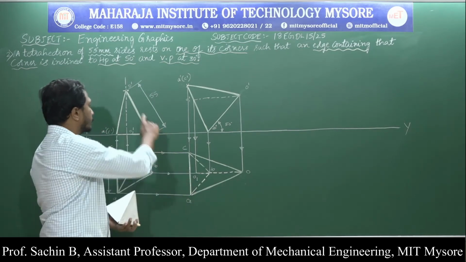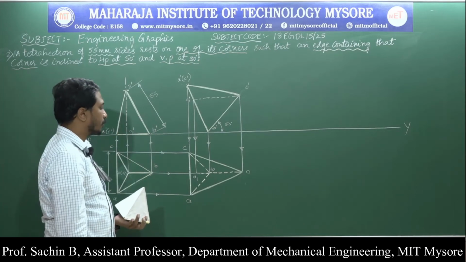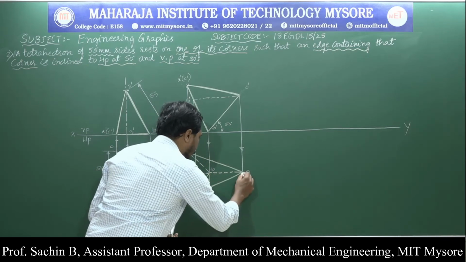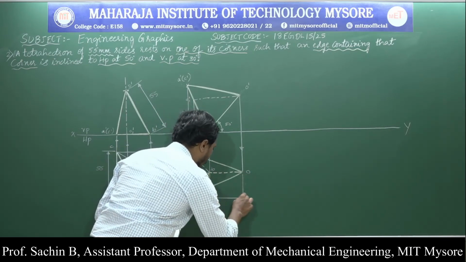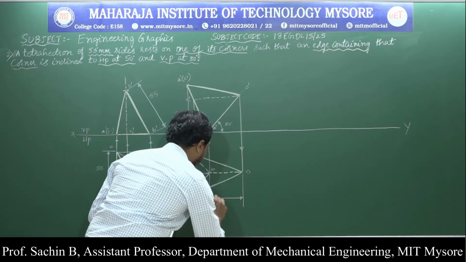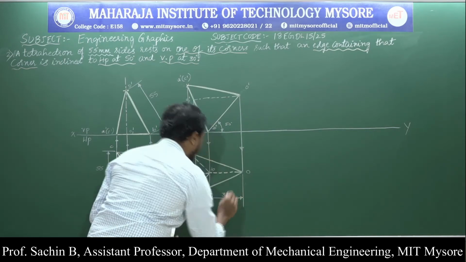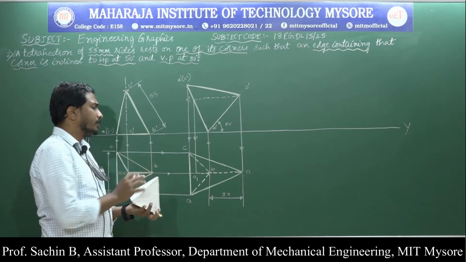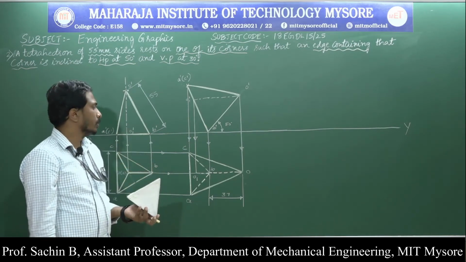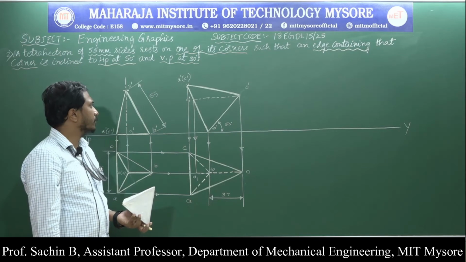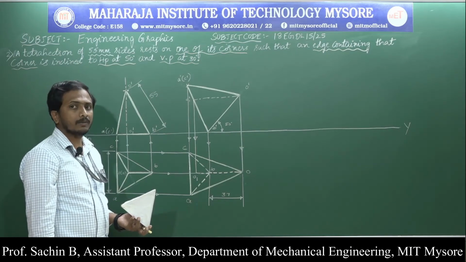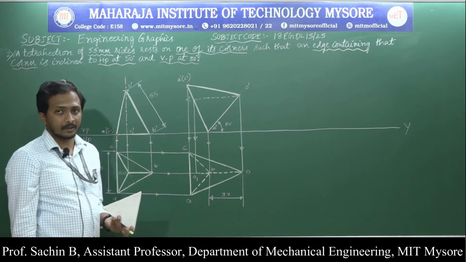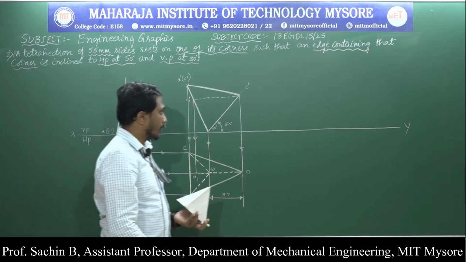You can clearly observe that this is of length 55 mm in the first position, but if I measure in the second position top view, I am getting around 37 mm. I am getting exactly 37 millimeter from O to B in the second position, because the object is tilted in the second position. Now we know that if the true length of the given inclined edge is not the same, to draw the last position, we should go for identifying the beta angle. Now I will go for drawing the beta angle.